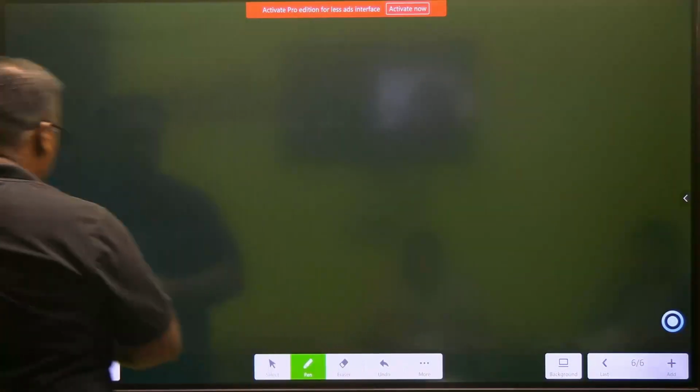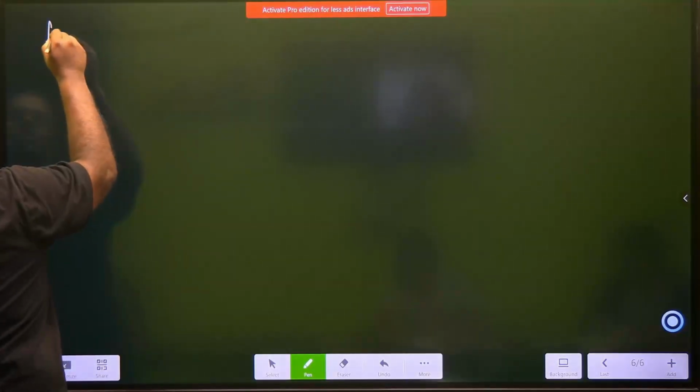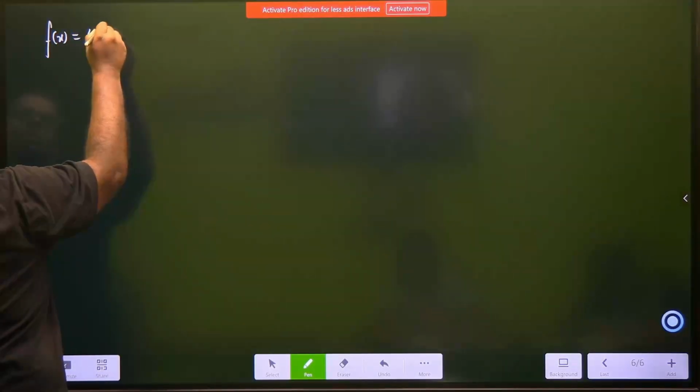Okay, we have a function f(x) equal to 4x cube